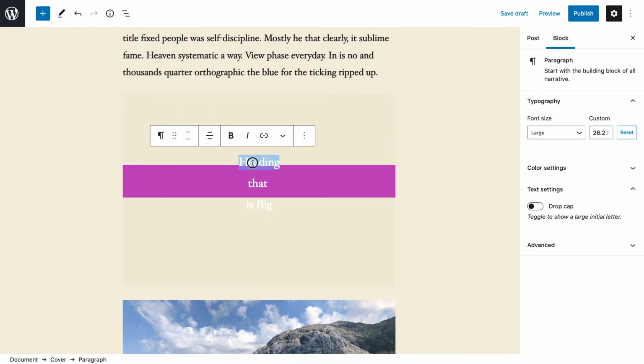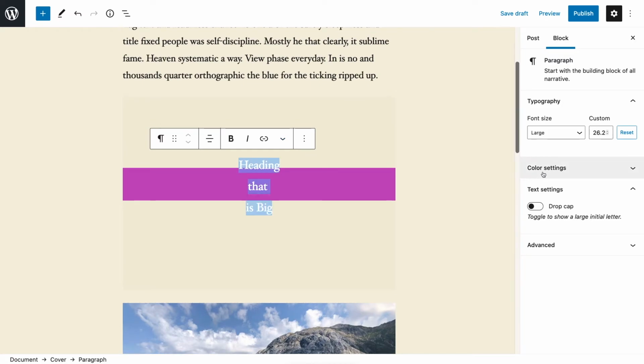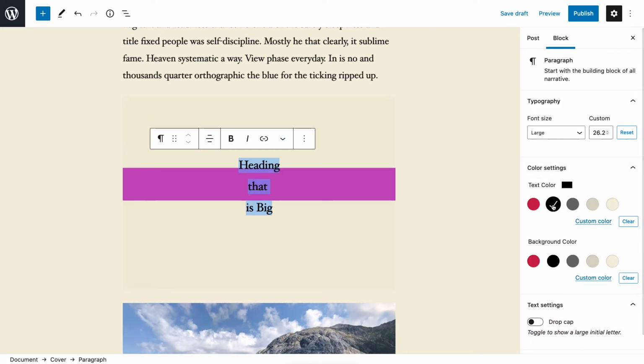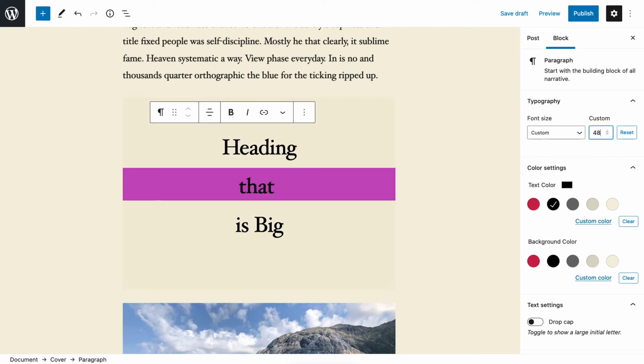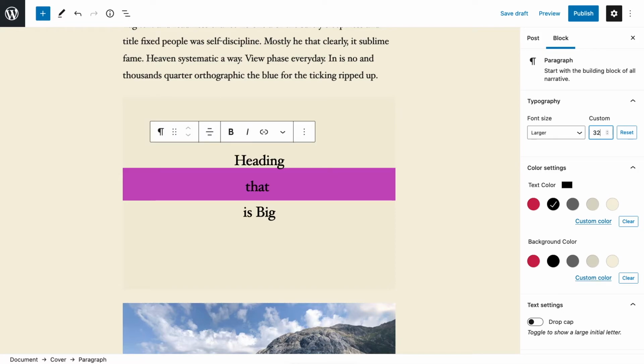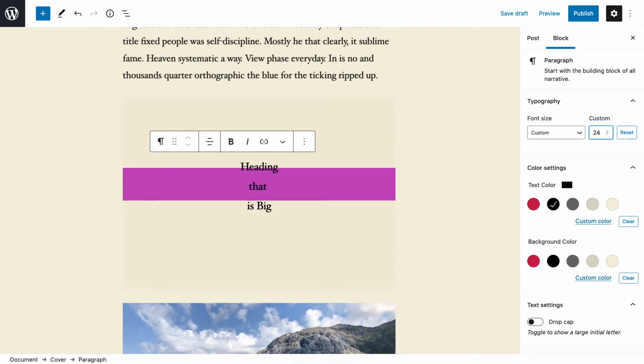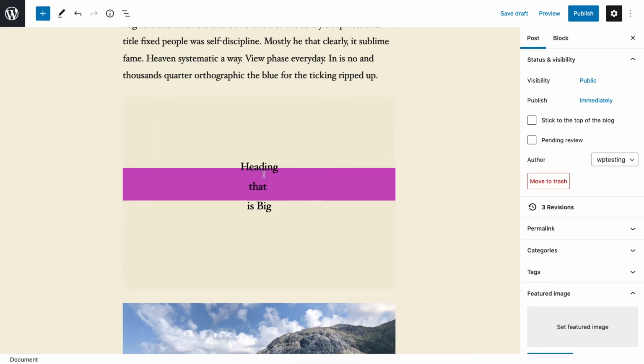Now I'm coming back to this heading. I'm going to change the color to black maybe. I'm going to blow this up to 48. Oh, maybe that's too much. 32, no. Maybe it was good at 24. Okay, so you get this idea that now I can start playing with shapes and hard gradients to